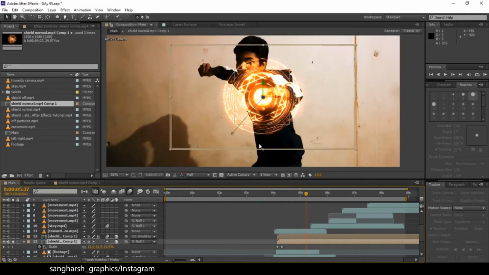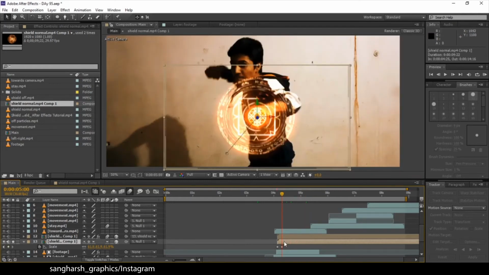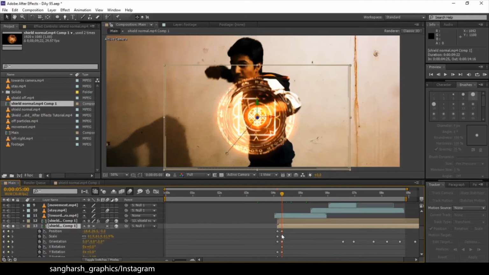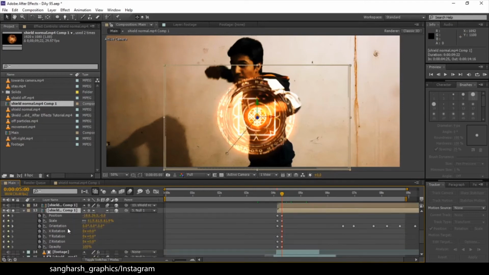And for the startup, when my hand comes up, I added keyframes. I made the composition 3D again and clicked on the little icon here, collapse transformations, to get the composition 3D as in the original composition. I added keyframes on position, scale, orientation, X, Y rotation, Z rotation, and opacity.